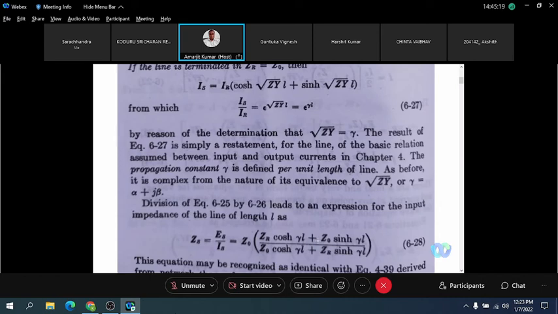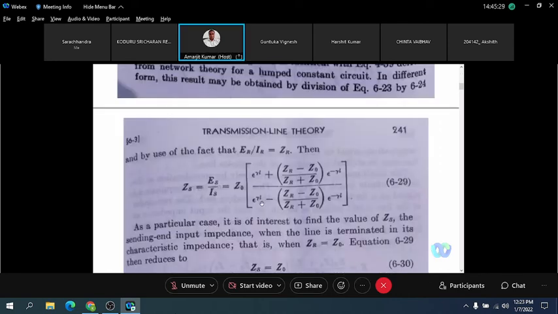Z naught. Yes, good. So L tends to infinity, this mathematics you can do, and you will get Zs equal to Z naught. Or in this also you can do the same, limit L tends to infinity. It is very simple. See here, L tends to infinity, it will be 0 and 0. So it will be 1 divided by, so Zs is equal to Z naught. If you use this equation, then it is straightforward.